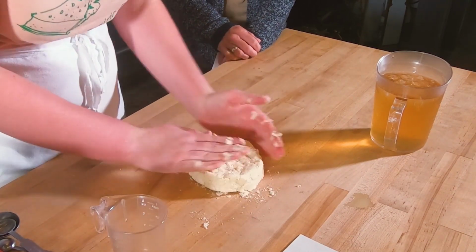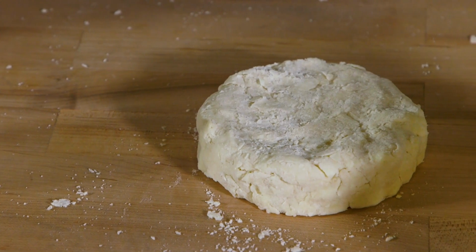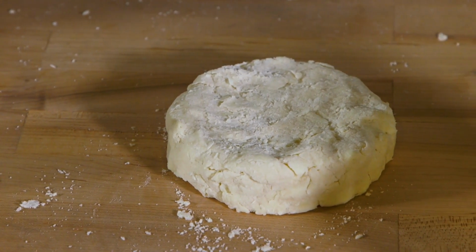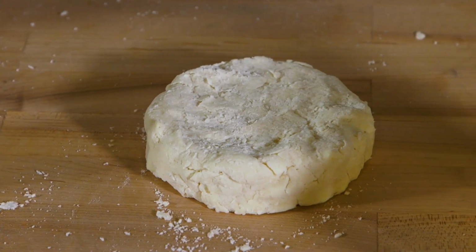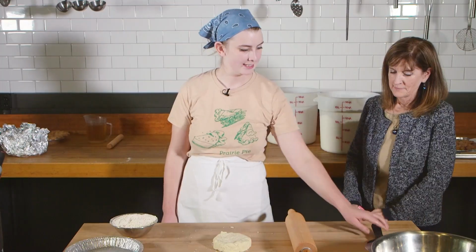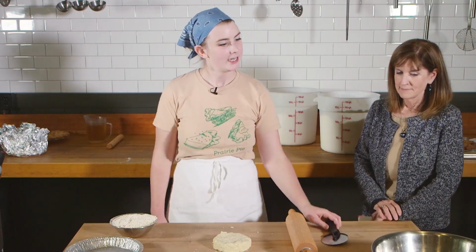And so at this point, I would suggest refrigerating your pie crust. So let it rest overnight in the refrigerator if you have time, or for at least 2 hours. And so it'll be nice and easy to roll out once it's been chilled. Okay, so for rolling out the pie crust, we need a rolling pin, a pizza cutter, and then the bowl